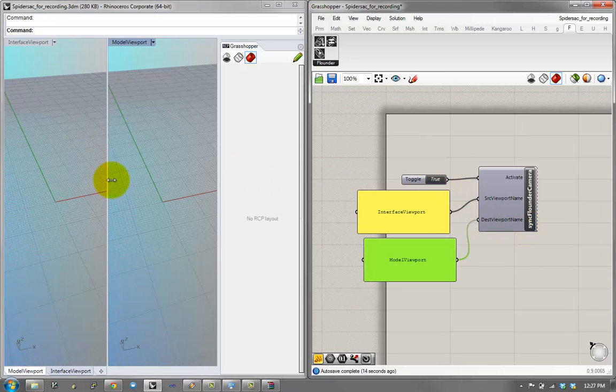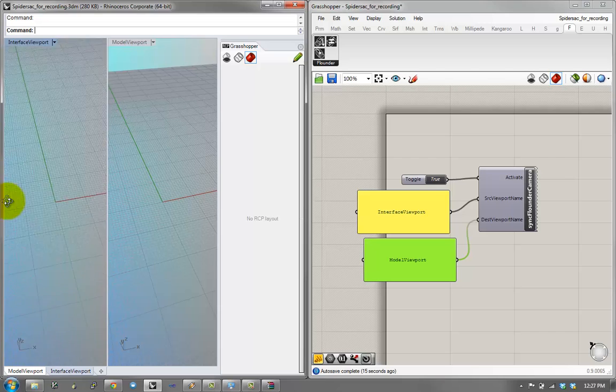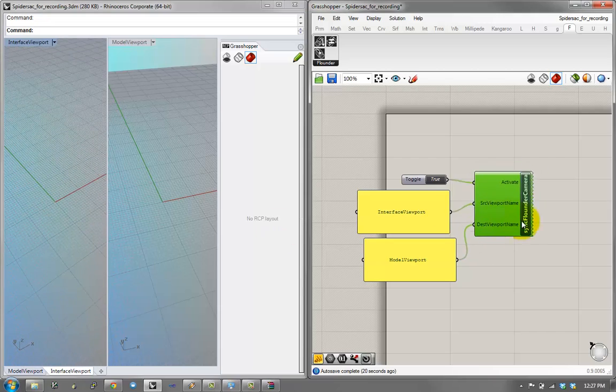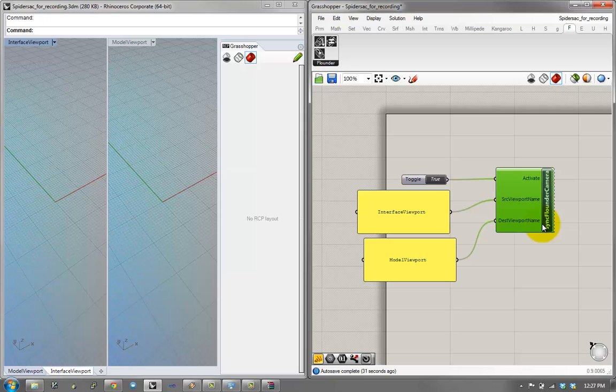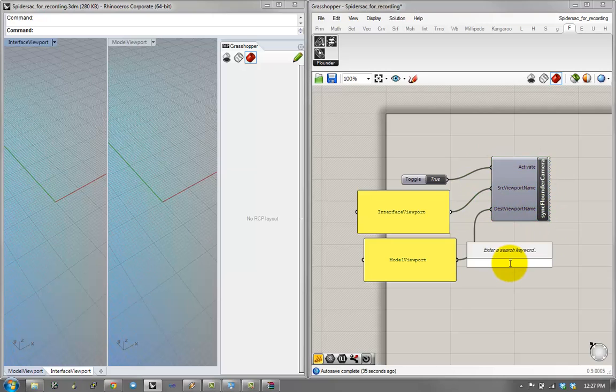Now I'll toggle this to true, and it's synced, you can notice, but it doesn't continue to sync. Now this is because this component was activated once, and if I untoggle it and toggle it again, you notice that the right-hand side, the model viewport, was changed also. Now what we really want is for this to constantly be running in the background. So I'm going to use the timer component